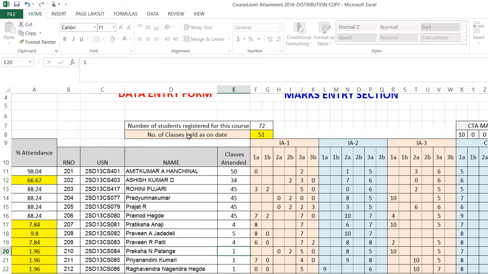Right? Like this you will be making the entries. Here IA1, IA2, IA3, the marks you are entering here. 0 indicates that the student has attempted this and scored 0. Blank means the student has not attended. So all entries for IA1, IA2, IA3,